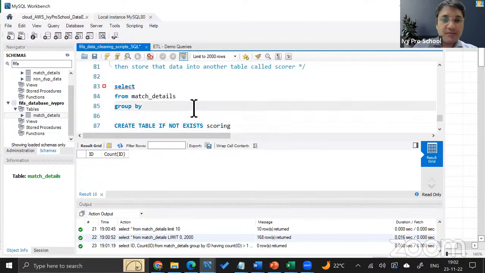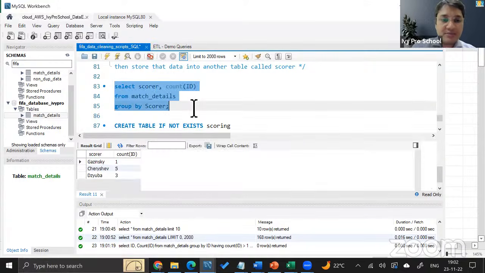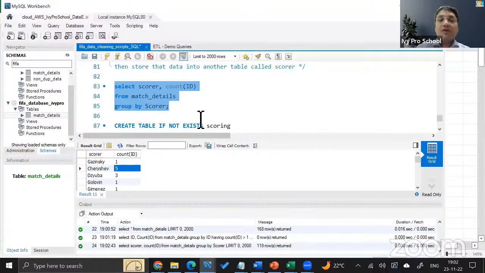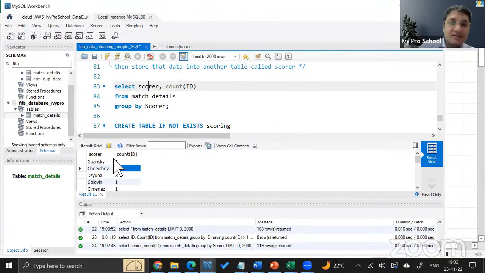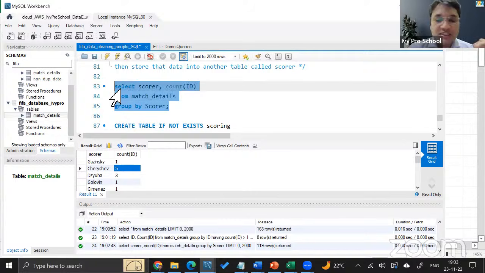So group the data by scorer, and then select scorer, comma count of, let's say, ID, and then I run this statement and it gives me how many times a scorer repeats in the table, which essentially means how many goals a scorer has scored, because every row in that goals data table is about one goal that happened in a match. So this gives you the total number of goals each scorer scored.